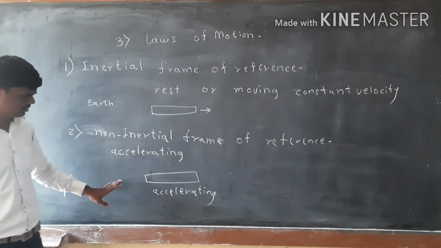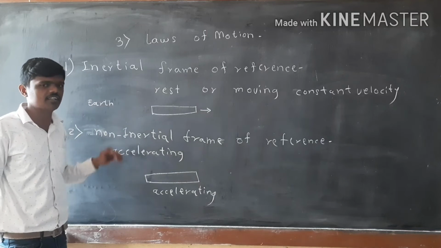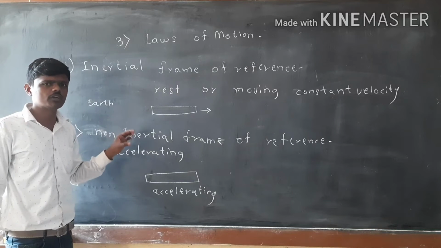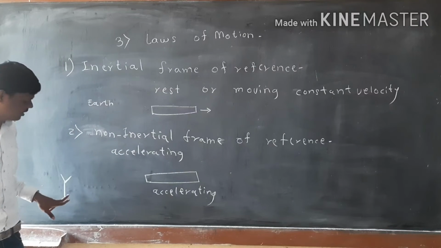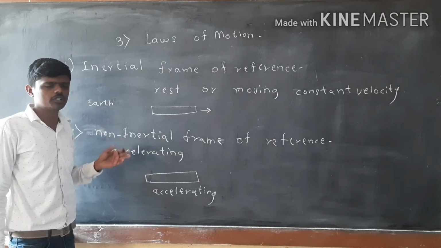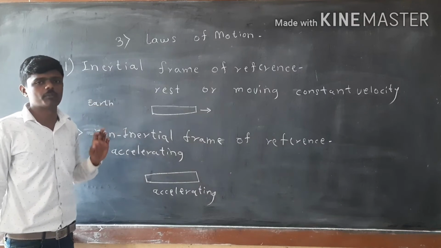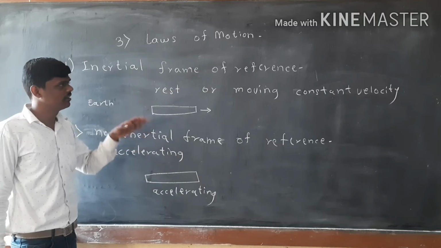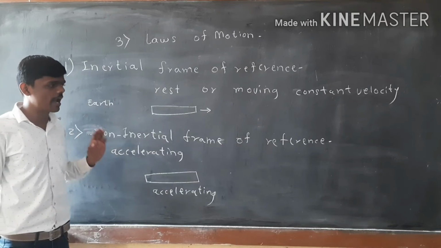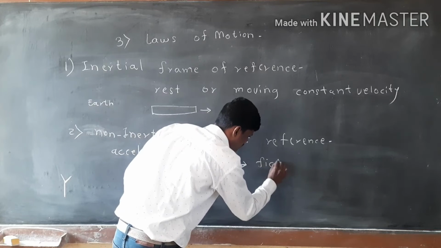Okay, and the lift was a non-inertial frame of reference because it was accelerating, and the readings of x are not valid according to Newton's first law of motion, and the readings of y were accurate according to Newton's laws of motion, because this reference frame, the Earth, is an inertial frame of reference. So for Newton's laws to be valid, we need an inertial frame of reference, and if it is a non-inertial frame of reference, we have to introduce an additional force which is called fictitious force